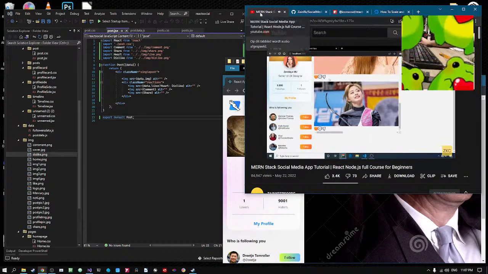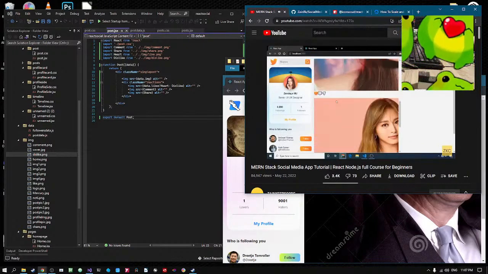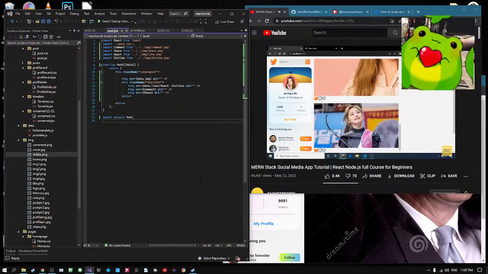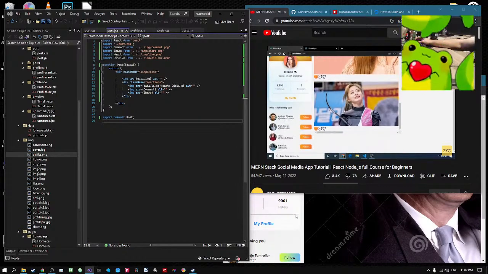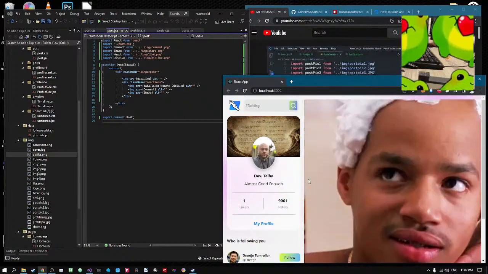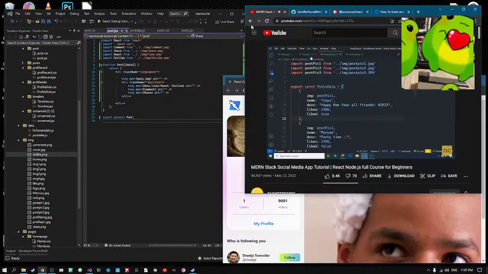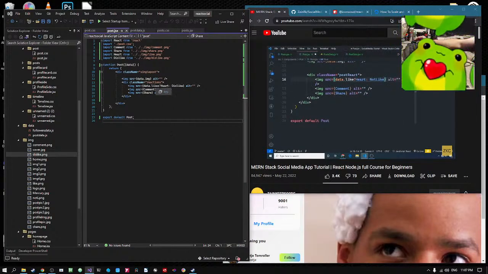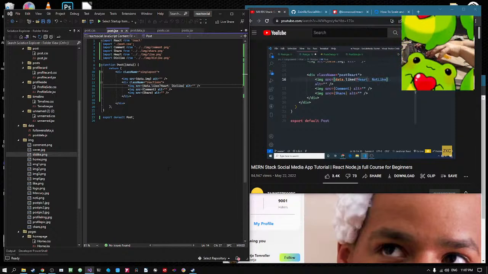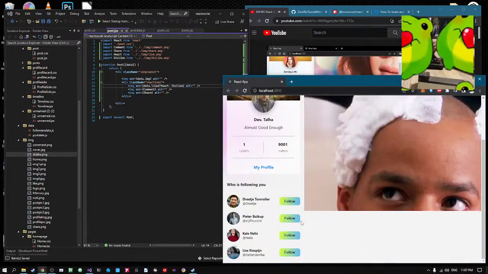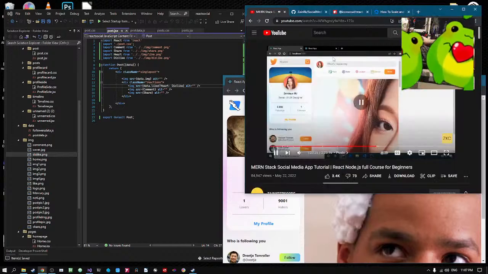Are the three PNGs. But there is a problem: every heart is filled now. This is showing that we have liked each and every post, but this is not true in our post data, because the property is liked, not the likes. Likes exist on every post, but the like does not. So now let's save it and have a result. Now you can see it is only filling the heart that